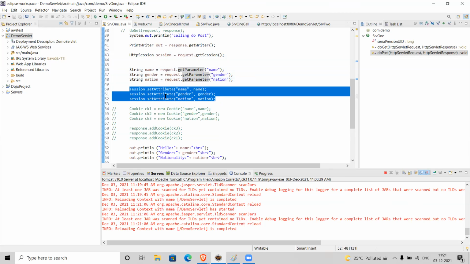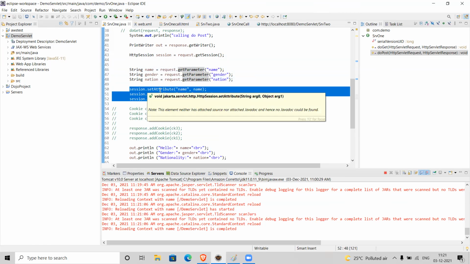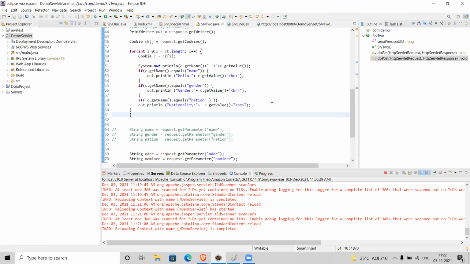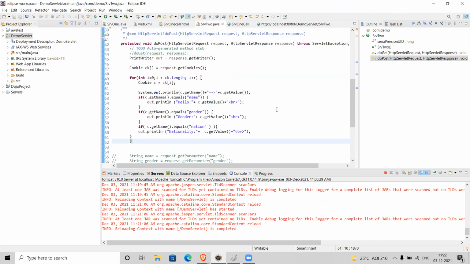In SRV1, we are setting session information using session.setAttribute. For this setAttribute, we need to pass two arguments: one is the name of the attribute and the other is the attribute value. Now in SRV2, we'll read that information.